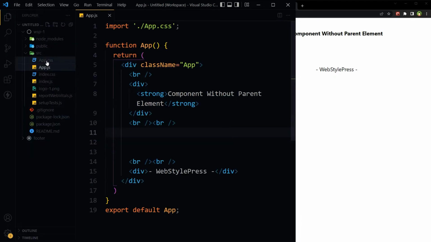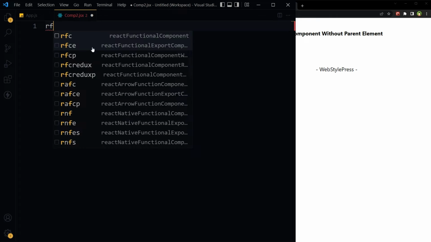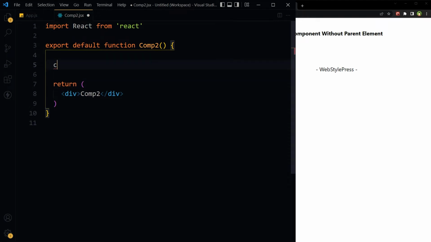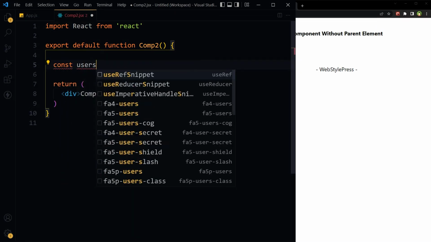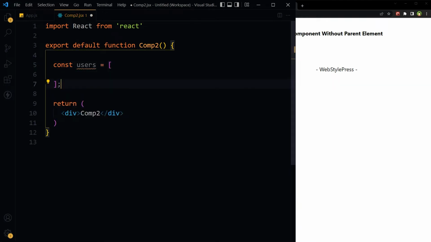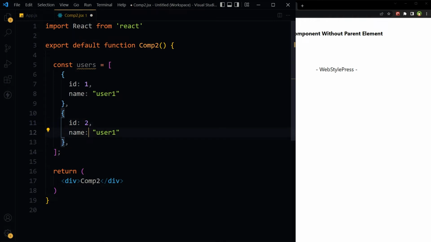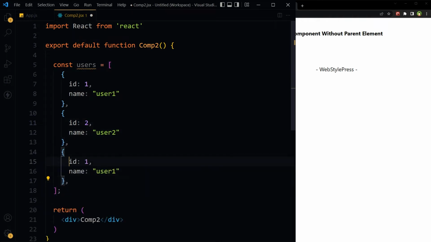Let's create a component. React functional component. For the data, let's use an array. Let's import this component.